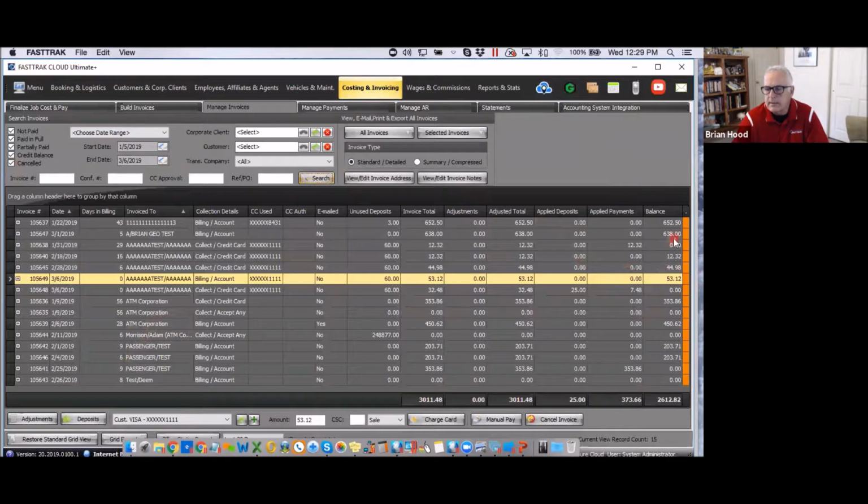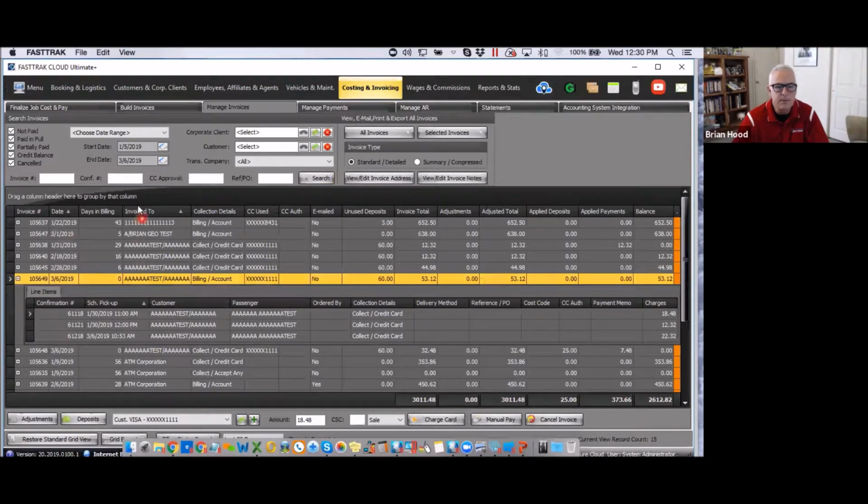Some things I can see here, balances. These are how much people still owe me on these. A balance of 0 indicates that it's been paid. Working my way down through there, I can see all of those things. I can also search for any confirmation number I want. Let me get one of these numbers here, 61218. So if I were to go in here,